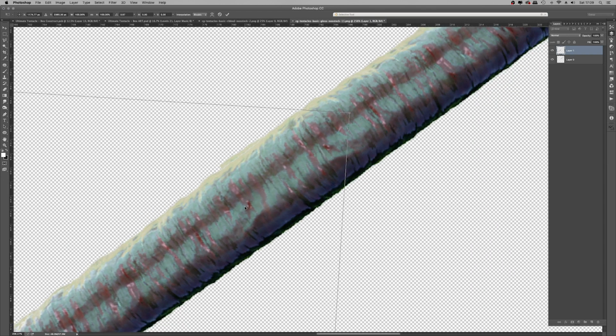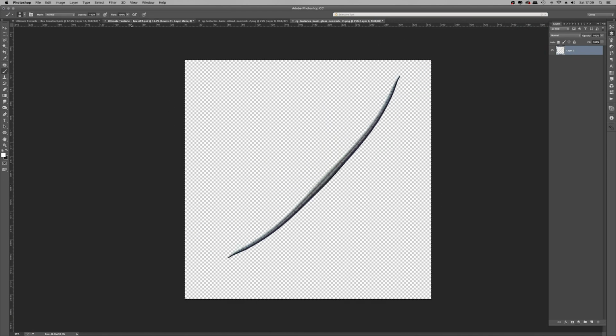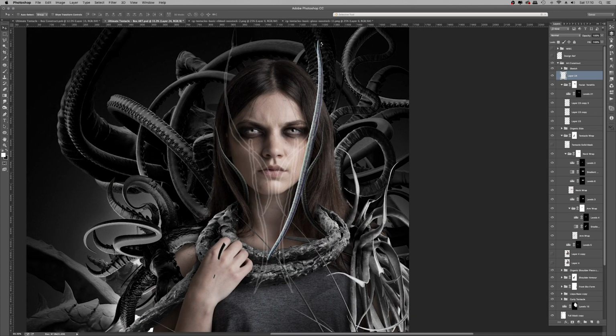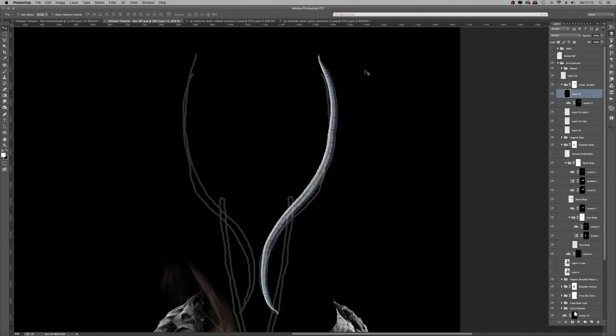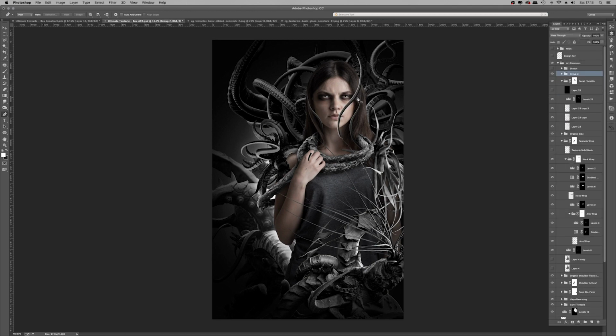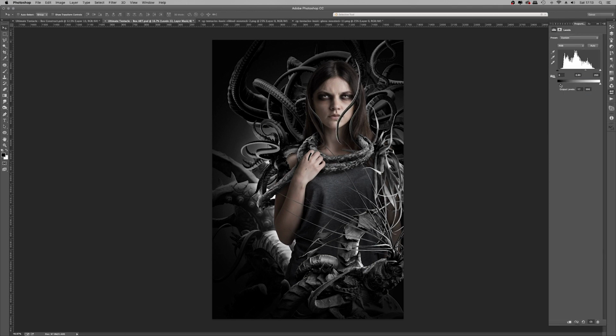So that's a tentacle, chopped in half, duplicated, and then glued back together to make a tentacle in the shape that I'd like it to be. I don't actually use this transform tool all too much. This is Puppet Warp. That's Edit, Transform, Puppet Warp. And for things like this, if you've got a long object and you just want to contort and shape it to your own shape, in this instance, the sketch that I laid down before, then it can be handy, but I don't really use it all that much. But for this particular piece, I thought, yeah, why not?